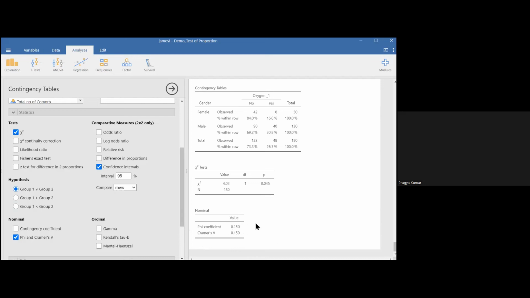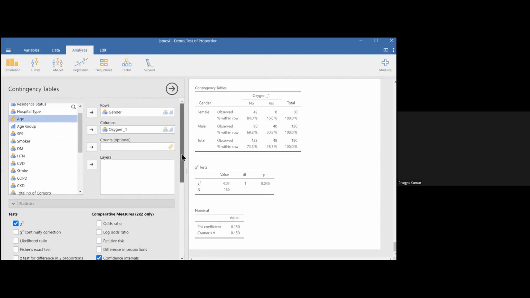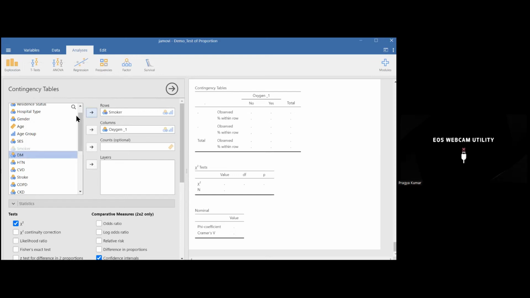Now there are other examples. So the other one was oxygen requirement with the smoking status, smoker or not smoker. So again, this will come here and you can have this smoker. So I have shifted this smoker here. So you can see